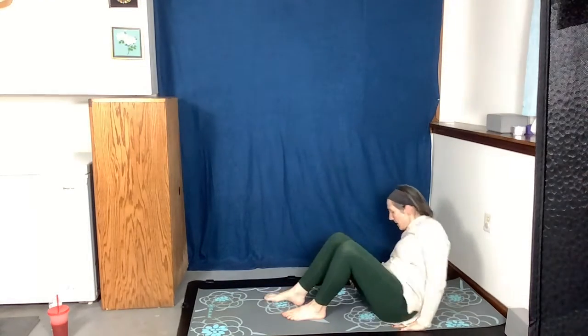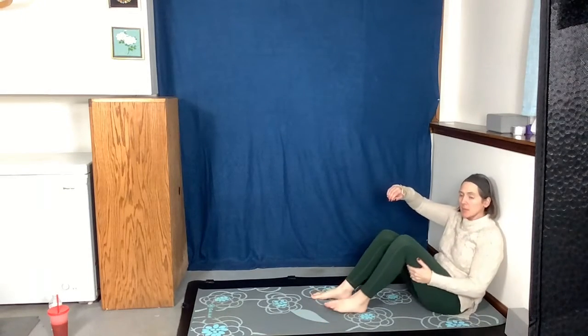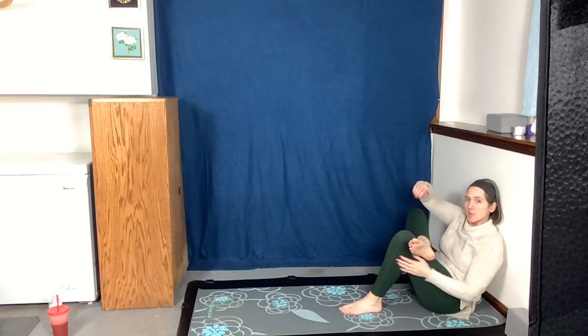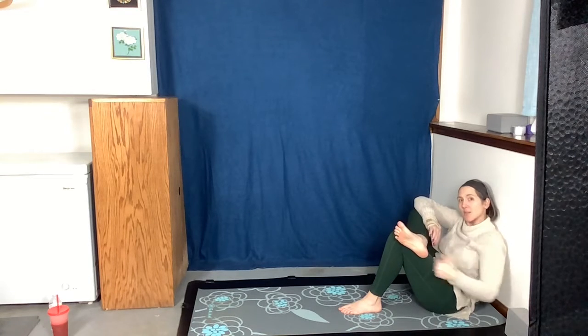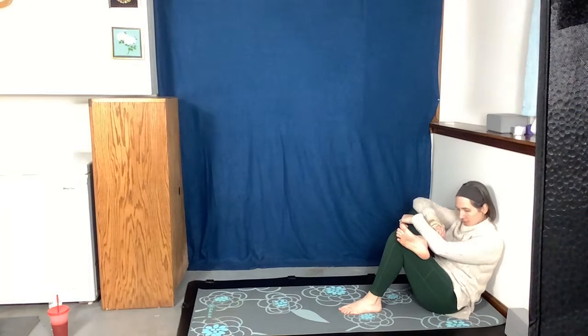Or if I have a wall available, which I can't do in this case, I can prop myself up here, cross that leg over, and then bring that leg in and get a really good stretch in this outer thigh. So see what works for you, and if you have things like walls, use them, or a couch, or